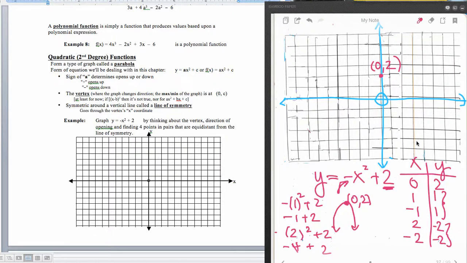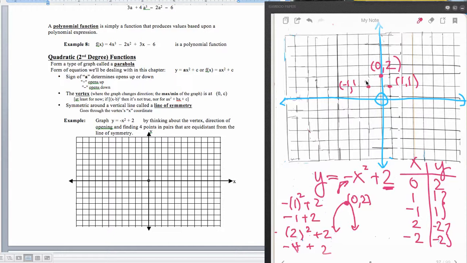Alright, we were just about ready to plot our parabola y equals negative x squared plus 2. So we had all 5 of our points, so now we're just going to plot those. When x equals 1, then y is also equal to 1. We'll put that point in right here and label it 1 and 1. And when x is equal to negative 1, y is also equal to positive 1, so a negative 1 x